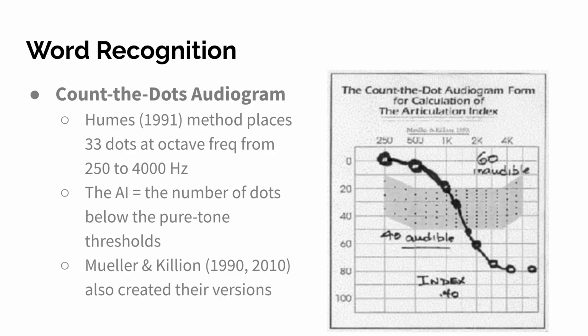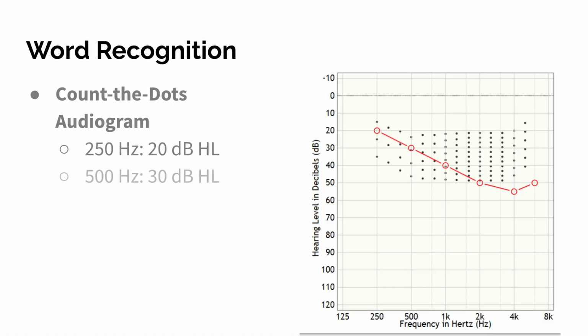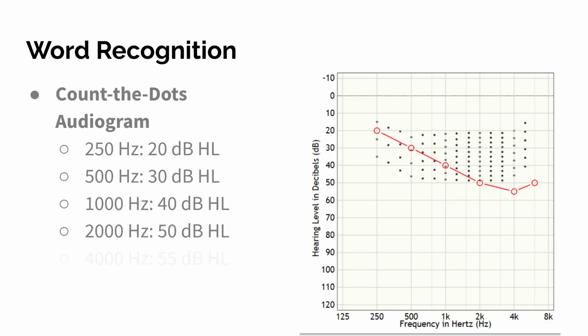Mueller and Killion created their own versions of the Count the Dots audiogram. That's where you get the 100 dots. And you can see the Count the Dots audiogram within your NOAH audiogram module. It just doesn't calculate the percentage for you. I don't know why. It should, but it doesn't. This is just an audiogram that I plugged in here, and we have a speech intelligibility index of around,